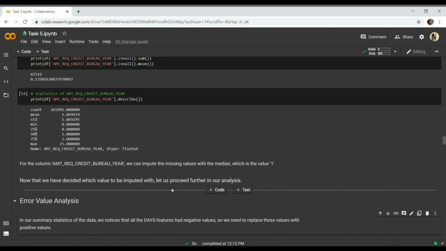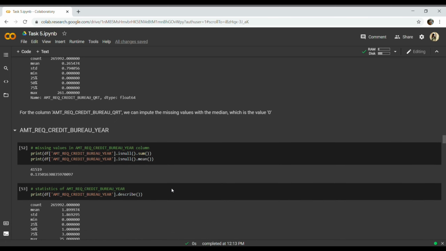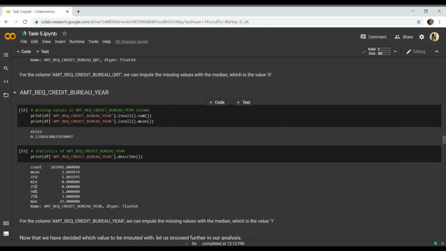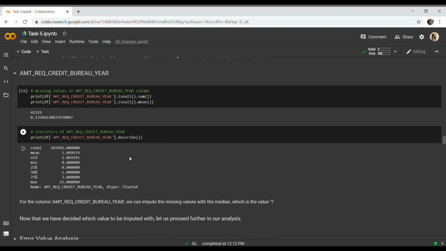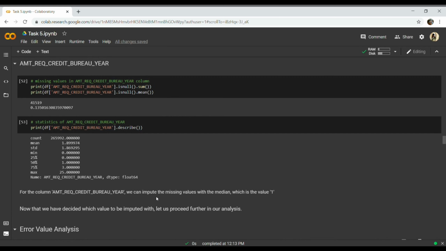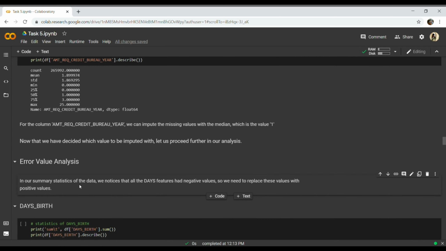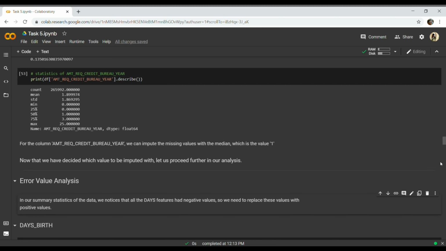Okay, now we have decided on all of the imputation techniques for most of the variables. There are a few more variables we'll be seeing further.